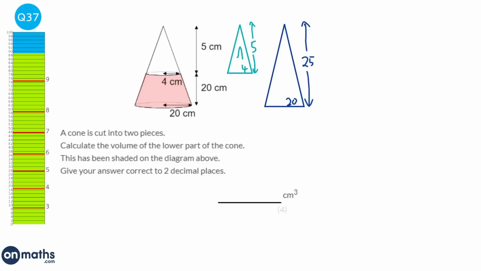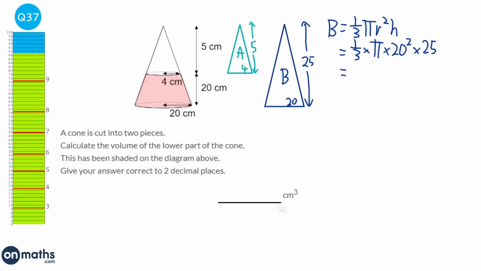So I'm just going to label them A and B. And so why don't we work out the volume for B first? The formula for the volume of a cone is 1/3 pi r squared h, with h being the perpendicular height. So it's 1/3 times pi times 20 squared times 25, which is going to be 10,471.975, blah, blah, blah. We're going to work out the volume for A, and this time it will be 1/3 times pi times the radius, now 4, and the height is 5. So that will be